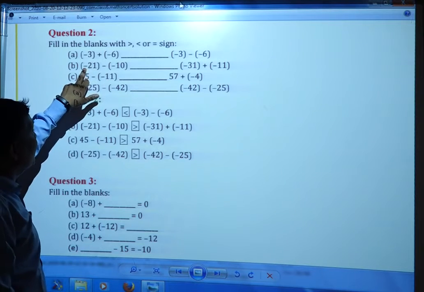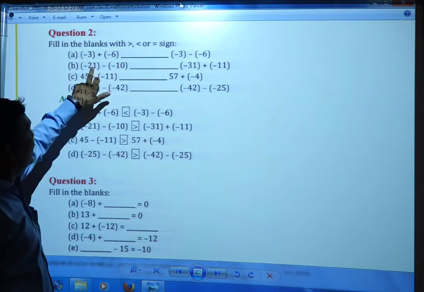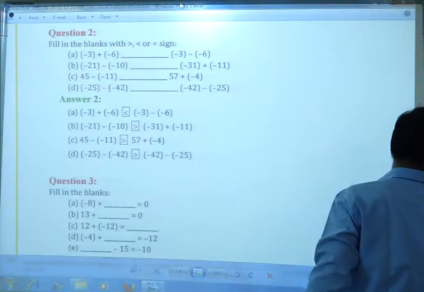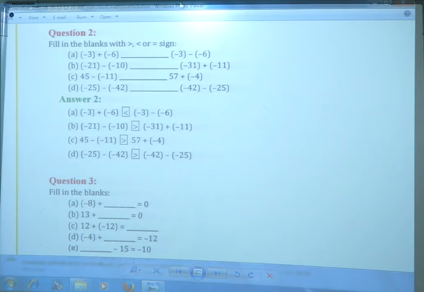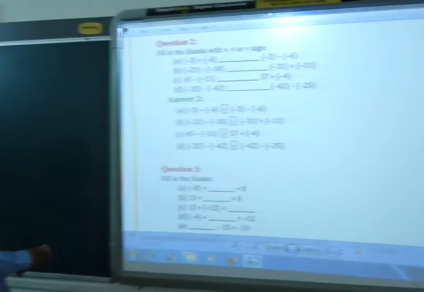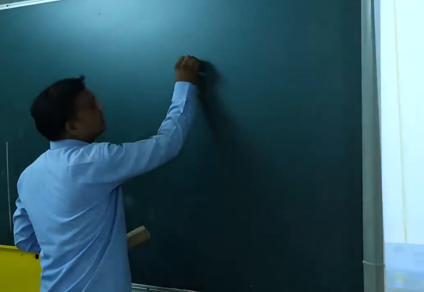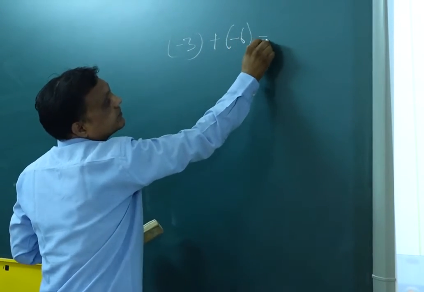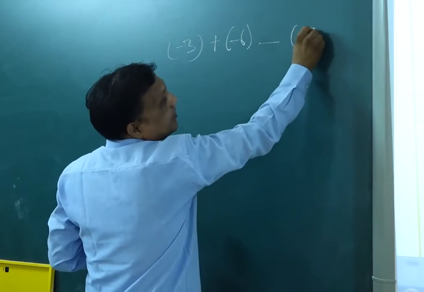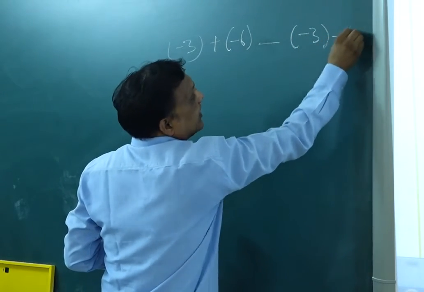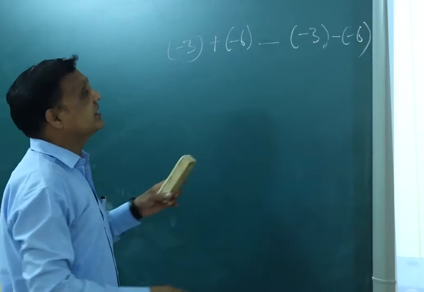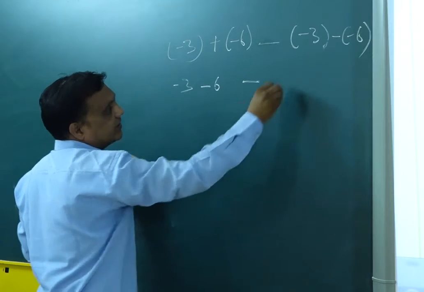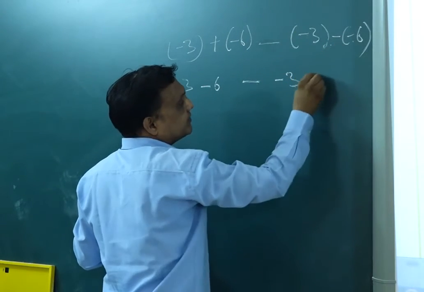Next, minus, minus, minus 10. Minus 21 became minus 21. Here I want to show on the board how to solve the problem, so you will get an idea. This is minus 3 plus minus 6, dash, minus 3 minus minus 6. Please pay attention on the board and you will understand. This minus 3 became minus 3 plus, and minus minus 6, dash, minus 3 minus and minus became plus, it is